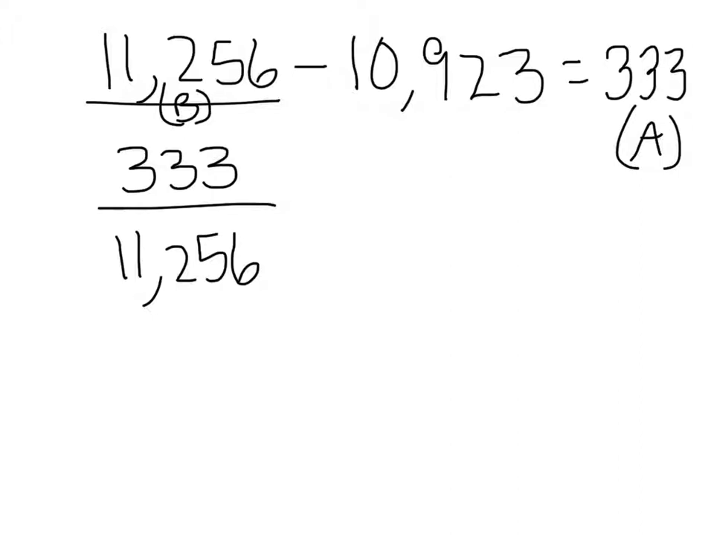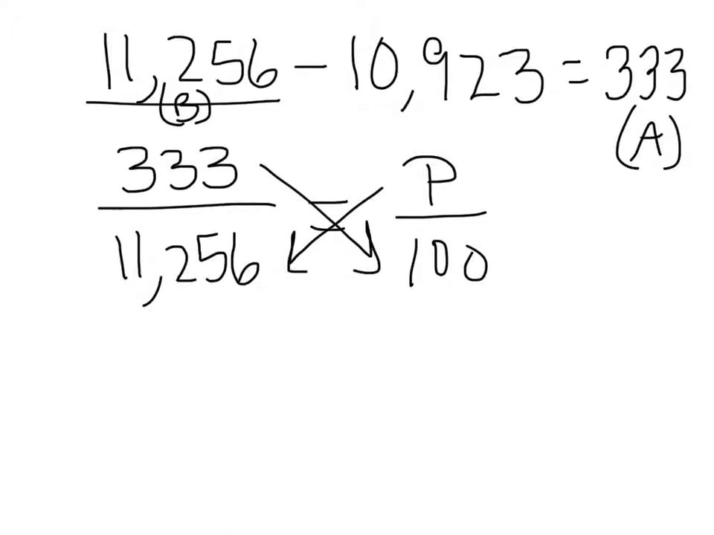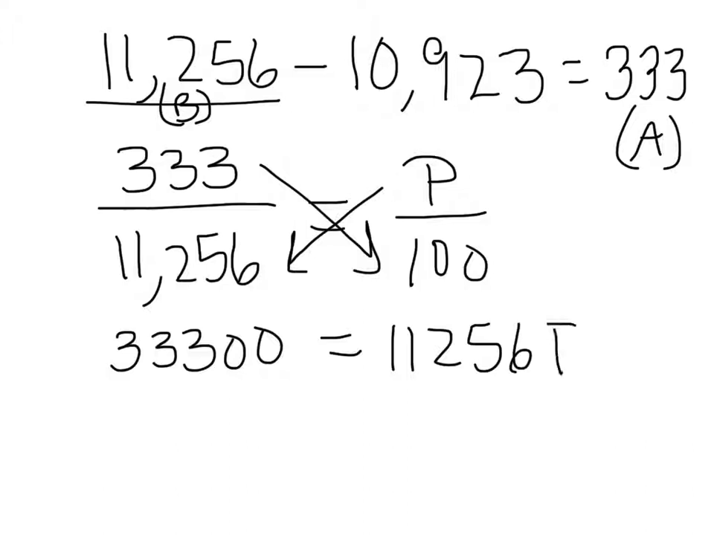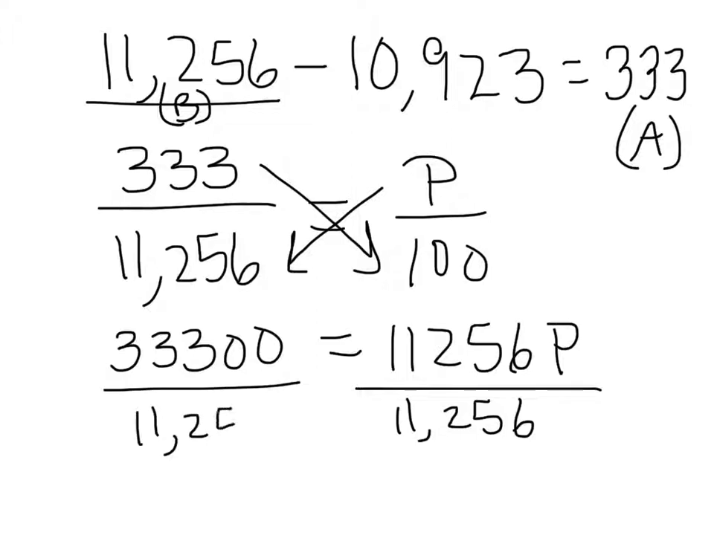11,256. That's our B, because that's the starting point. It decreased. So where did it start? Where was its original point? It was at 11,256. And that's going to equal P over 100. And when we do our cross multiplication and our division, we have 333 times 100 equals 11,256P. We're going to divide by 11,256,